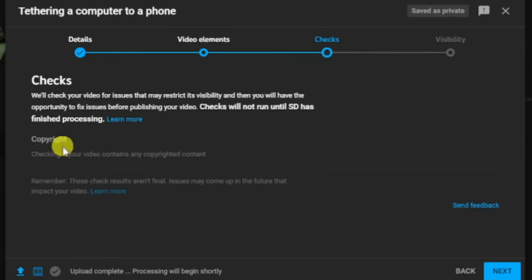Then we will check your video for issues that may restrict its visibility, and then you'll have an opportunity to fix issues before publishing your video. Checks will not run until SD has finished processing. So that's the processing we are waiting for here. So I just click next, and